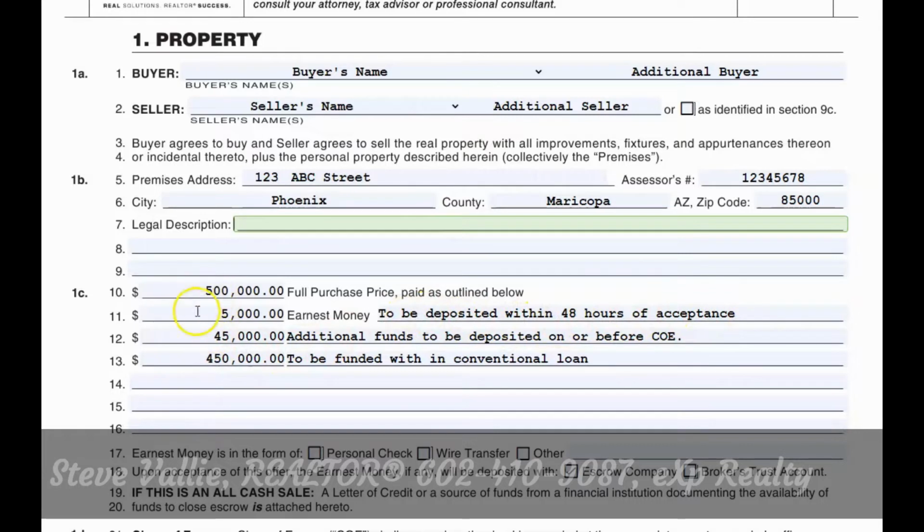Let's say this is a 10% down, so they have an additional $45,000 to equal the full $50,000 of deposited funds. But the additional funds will be deposited on or before close of escrow. So when you sign at the very end, that's when you can bring the extra $45,000, and then the loan to be funded with a conventional loan of $450,000, and these numbers right here should always total the full purchase